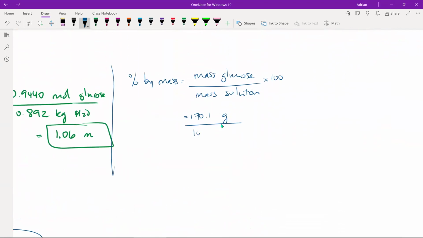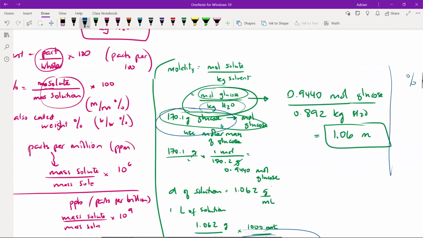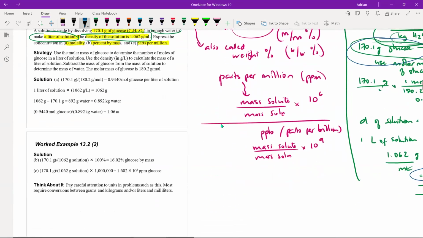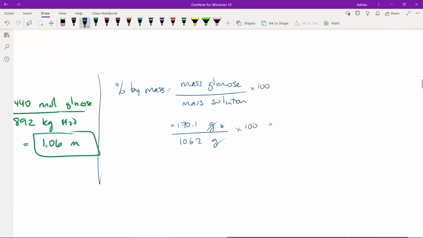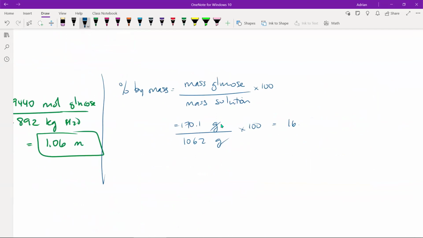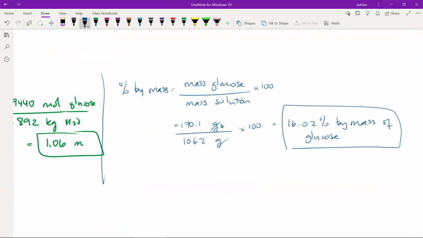So we just divide those, times it by 100. Grams go away. We get our percentage as our unit. So 170.1 divided by 1062 would give 16.02% by mass of glucose. So what that also means, just to make it easier to interpret, if you're given a percent by mass,